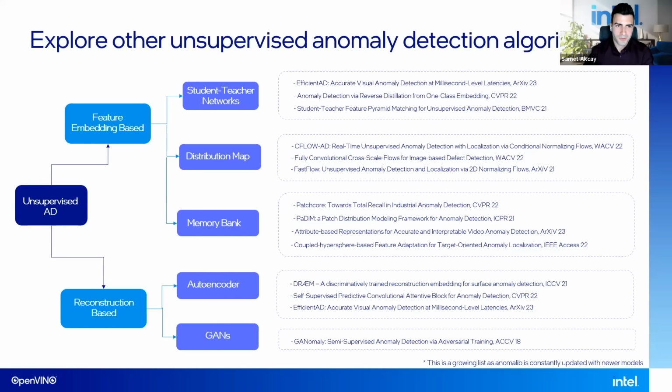Yeah, I'll try to keep it short, but currently we support loads of unsupervised anomaly detection algorithms. These are feature embedding based or reconstruction based algorithms, all the way from knowledge distillation based models to memory bank based models or autoencoders and generative adversarial networks. As I said, there are 15 plus models there now,